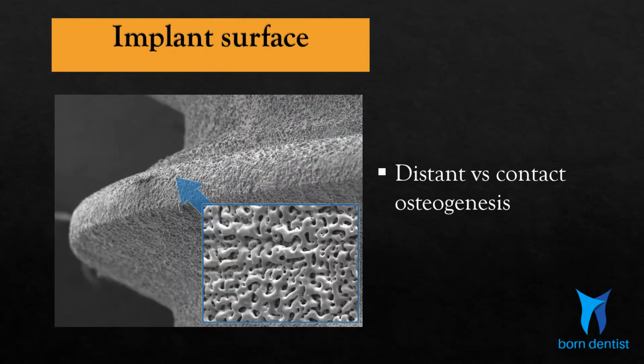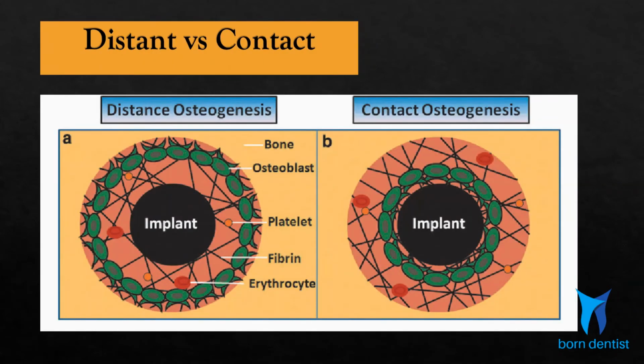Now, implants with surface treatment or roughness is the prime reason why early and immediate implant loadings become attractive nowadays. Because the difference here is between distant osteogenesis and contact osteogenesis. Allow me to explain these terms for better understanding of the role played by surface treatment implants. Now look at this. You are looking at a diagram which represents the histological events taking place at the micro gap between the implant and the bone.